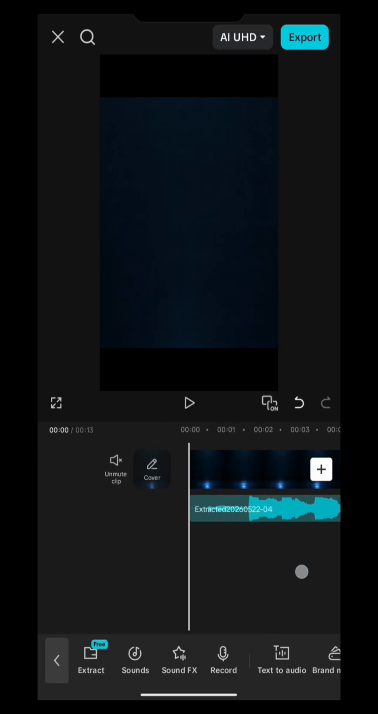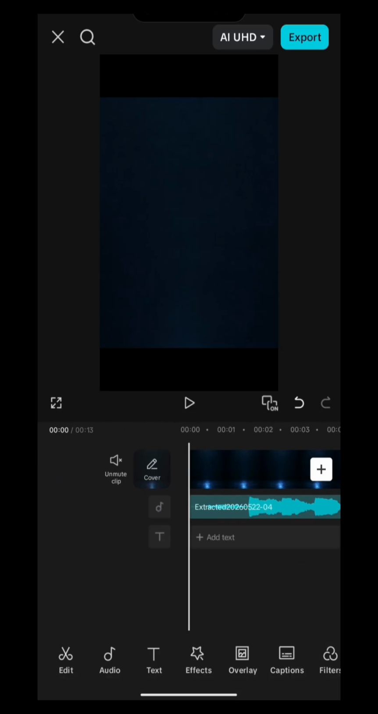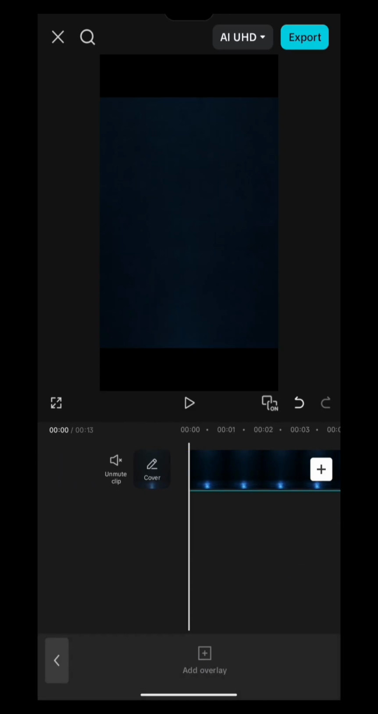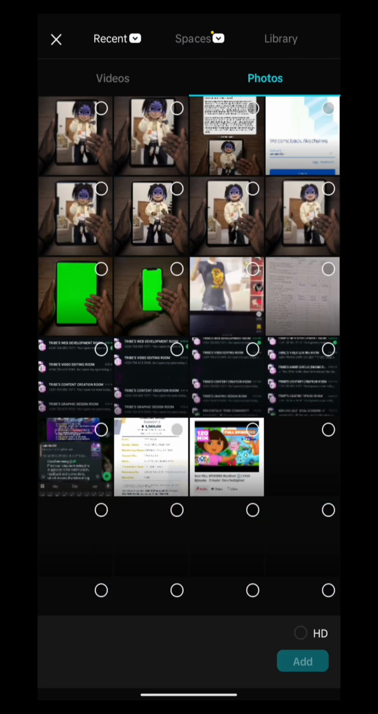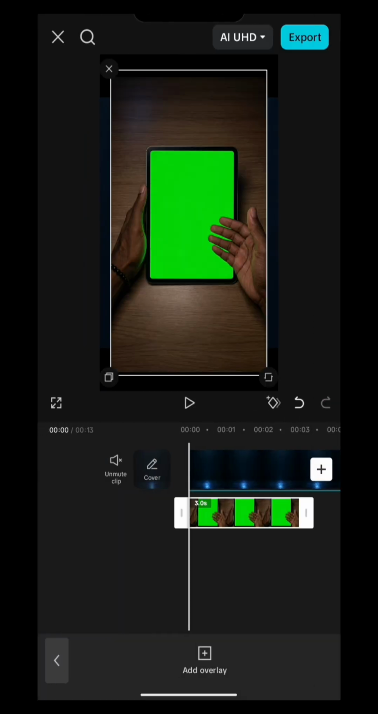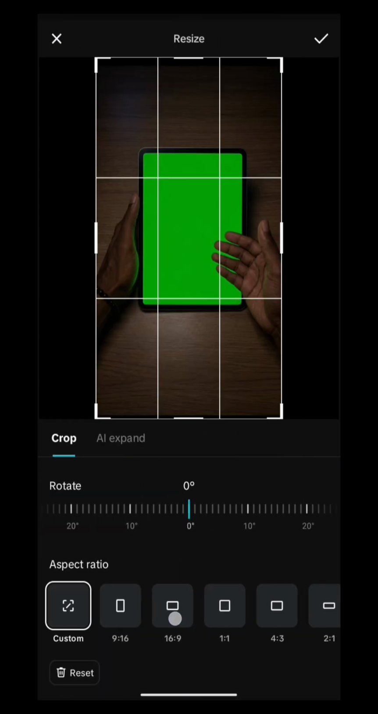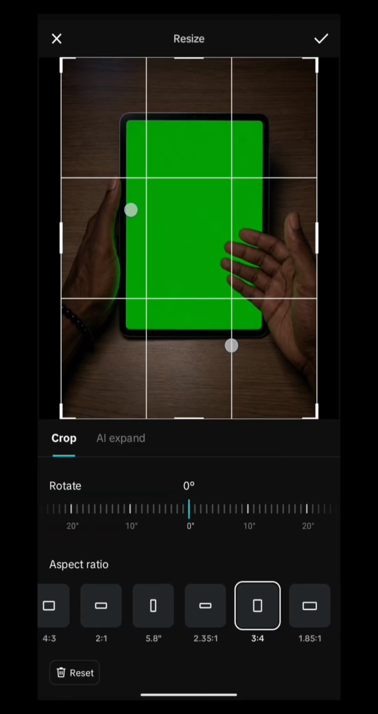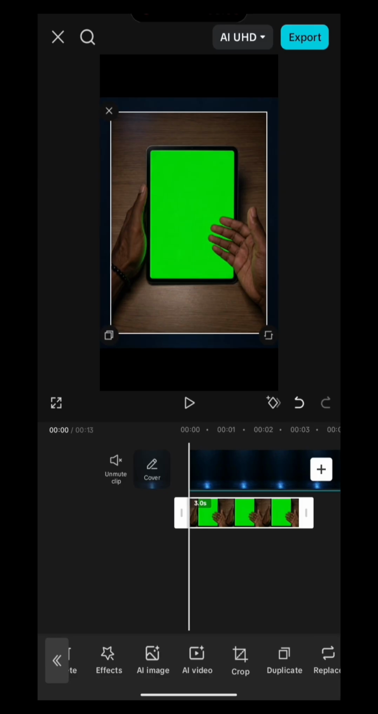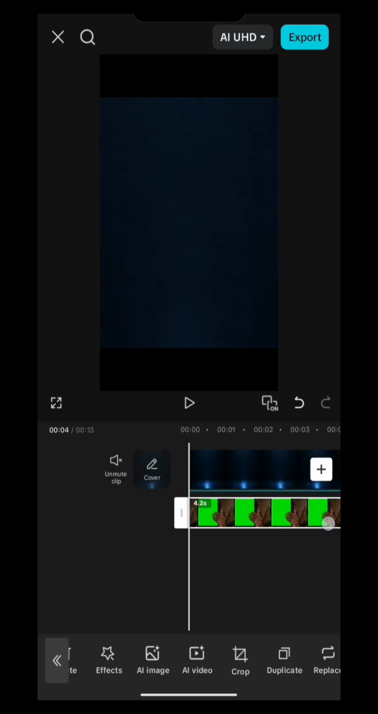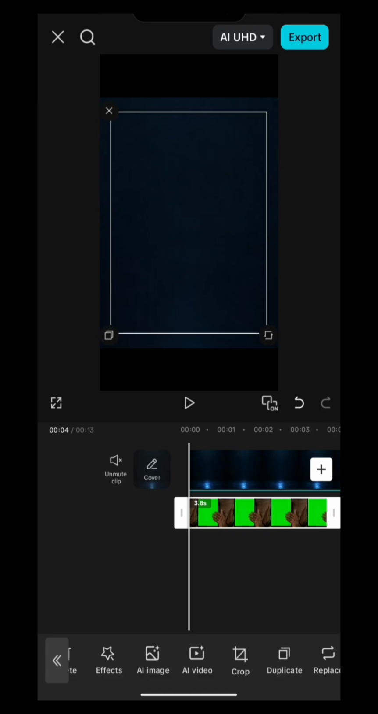So now the next place for you to go is to go to overlay. Click on overlay, click on add overlay. Now add the green screen image that we have. So when you have it, just go over to crop and crop it in the aspect ratio of 3:4. So after that, adjust the clips, the overlay clips and the main clips, just adjust them a bit long, because